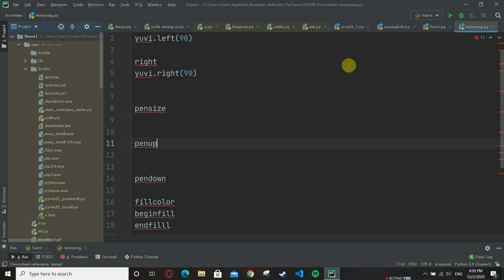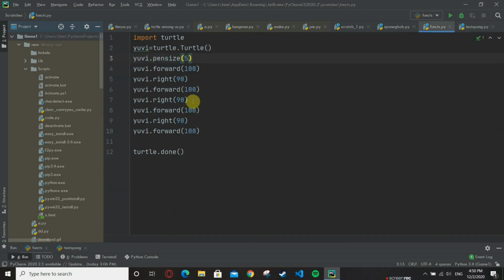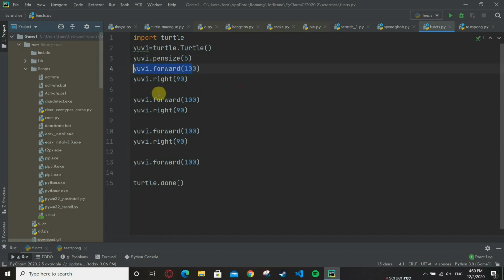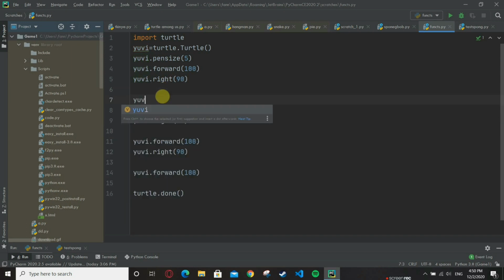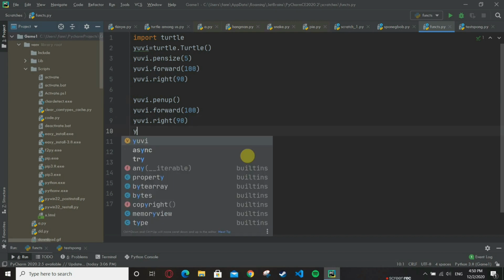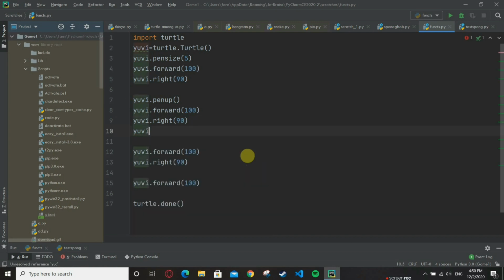Then pen up. I'll show you how pen up works. So this is our code for the four sides of a box. I'll divide the four sides. This is for the first side, this is for the second side, this is for the third side, this is for the fourth side. Let's suppose after the second side, I am writing uv.penup, and after drawing my second side, I am writing uv.pendown.